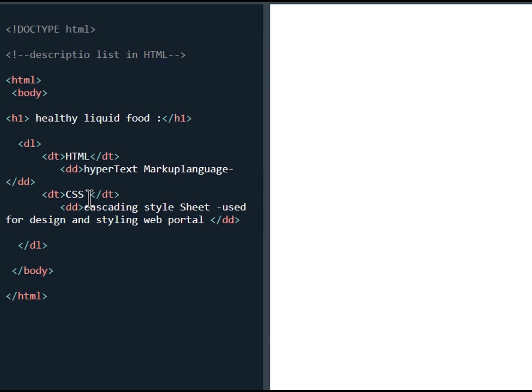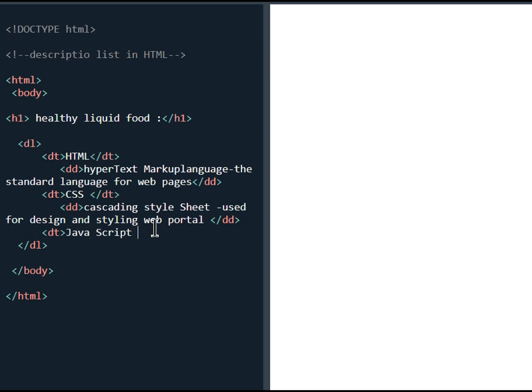So what exactly is HTML? We could write down the standard language for web pages, right? So this is actually the defined term of HTML, and of course the DD is the description of HTML, nested under the description list, same as the CSS as well. And of course, we could write down more about, say, DT and